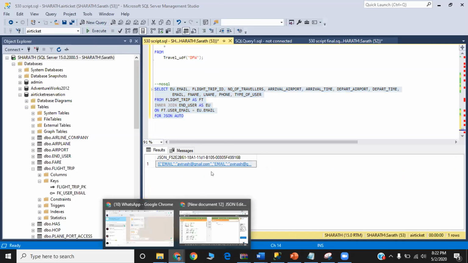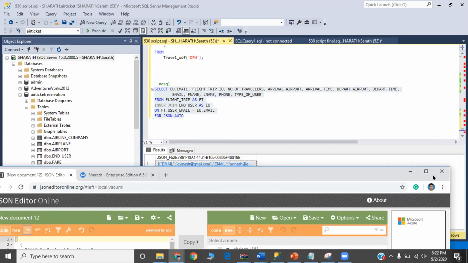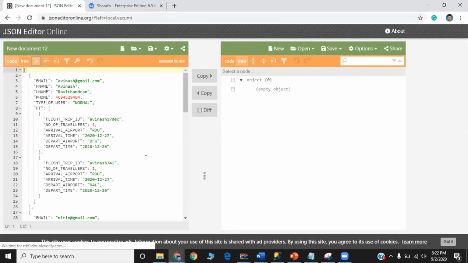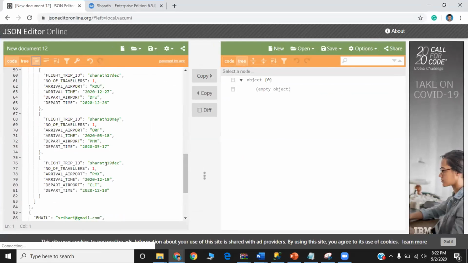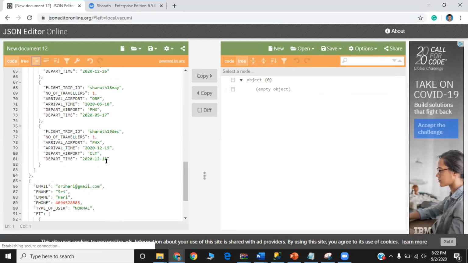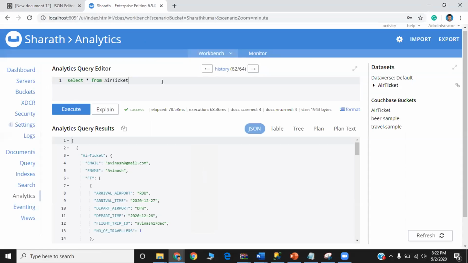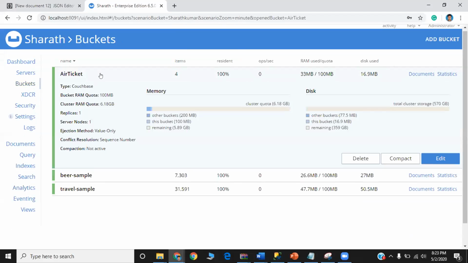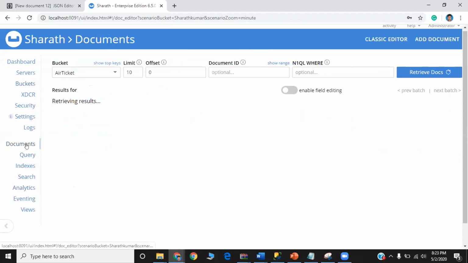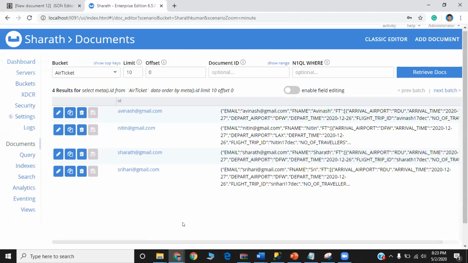We can see this JSON in a JSON viewer format. Here is our JSON file. We have linked two tables, and from this JSON we have created a bucket. Our ticket is our bucket. You can view the configurations and the documents inserted in the ticket bucket from the JSON file.